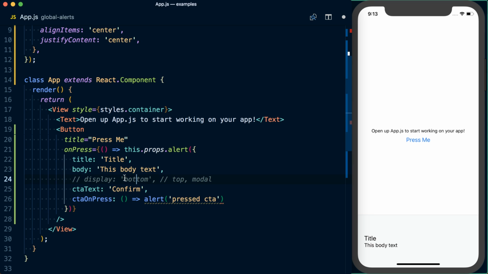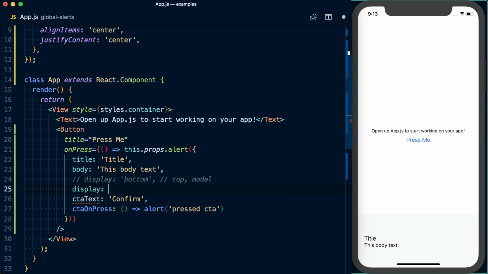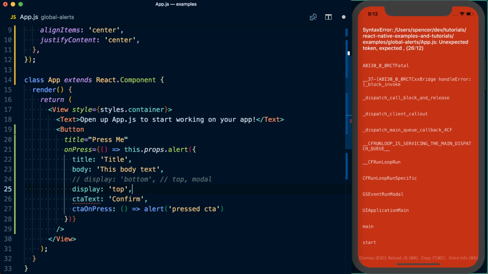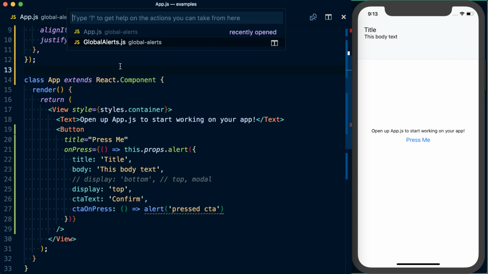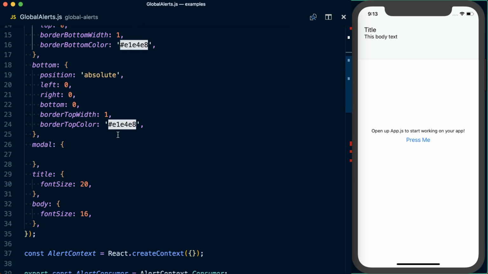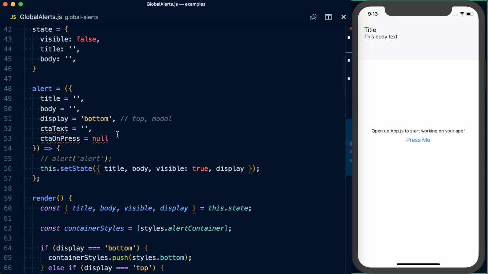Let's go ahead and set display to be top this time. Remember our semicolon or our comma. Press this and it's showing up at the top. So this is all looking good. Then let's figure out the modal. Now the modal is going to be a little bit more complex